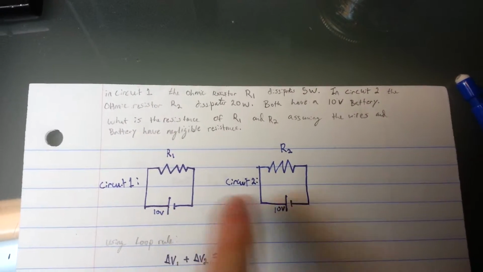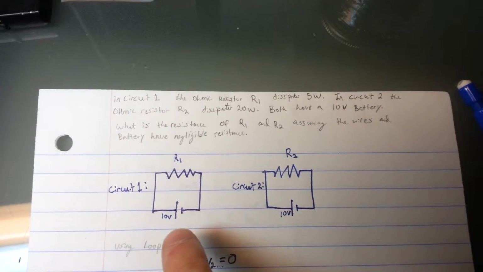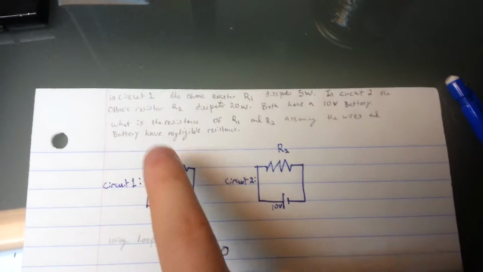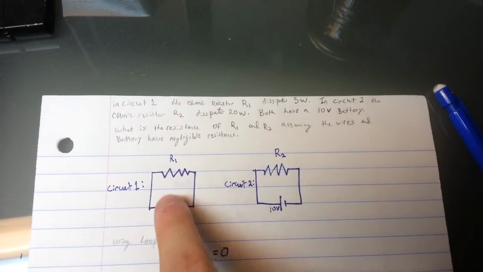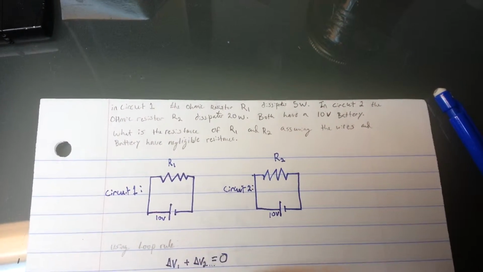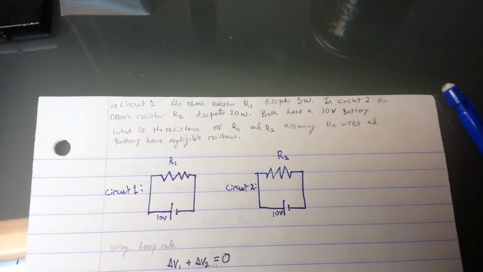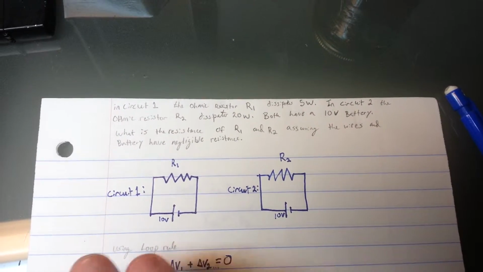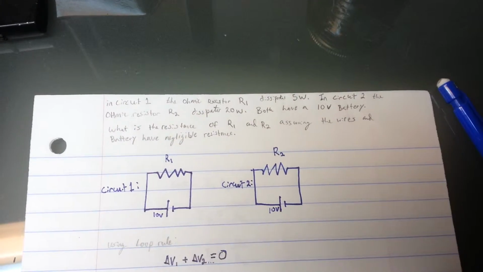So I've got two circuits drawn out already, and they both have a resistor and a 10-volt battery, so let's get started. In circuit 1, the ohmic resistor R1 dissipates 5 watts. In circuit 2, the ohmic resistor R2 dissipates 20 watts. Both have a 10-volt battery, and what is the resistance of each of these resistors, assuming that the wires and